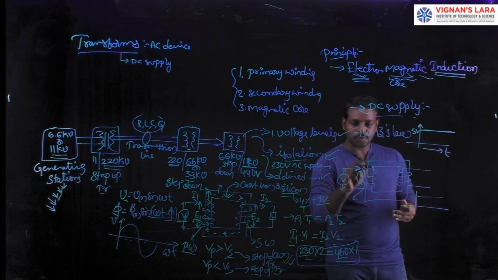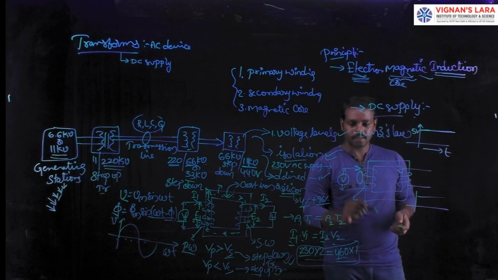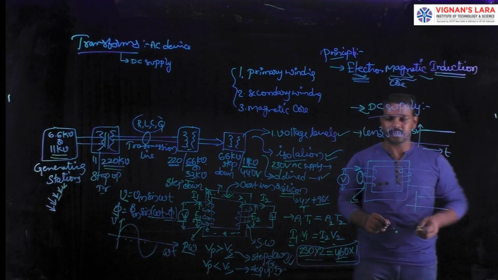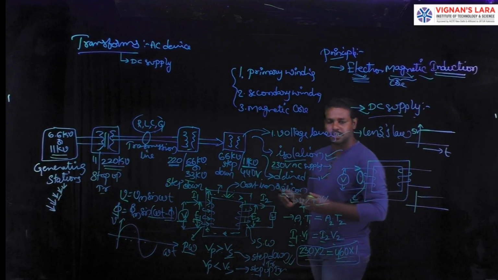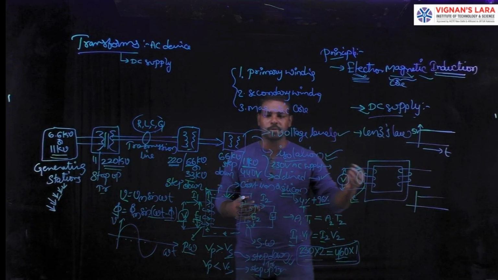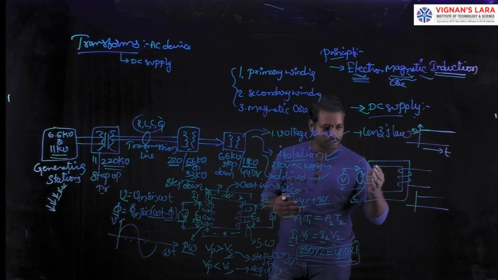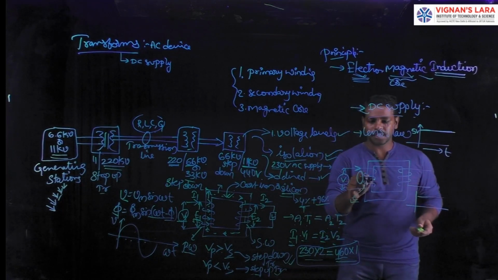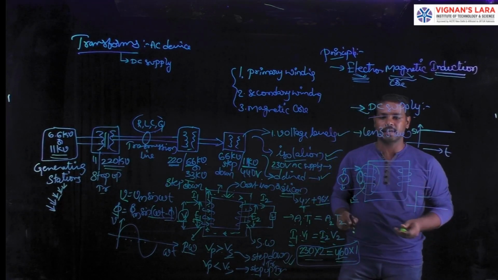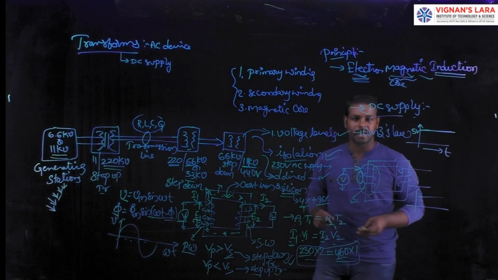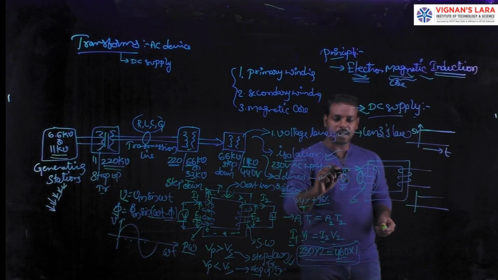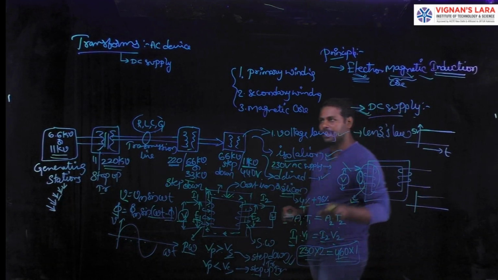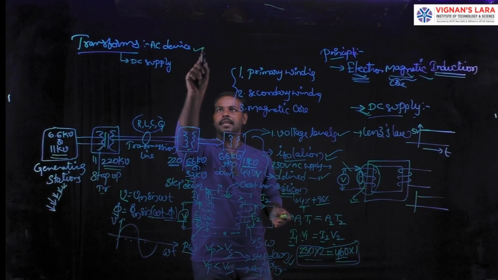Another point is that no voltage is generated across the primary, but the primary is designed with a small amount of resistance. Based on this small resistance, a huge amount of current is drawn from the supply. That much current passes through the primary of the transformer, which automatically damages it mechanically. That's why transformers never operate on DC supply. That's why a transformer is an AC device or AC machine.